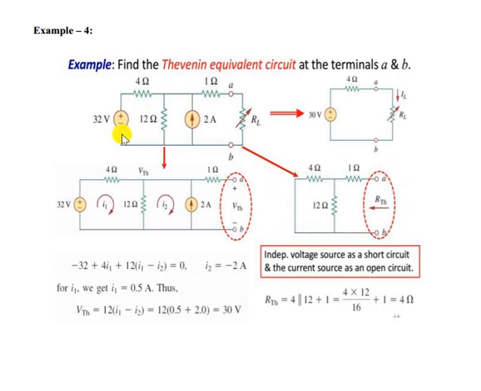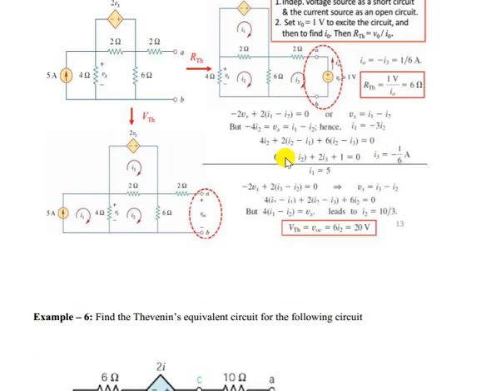What is the circuit? Short circuiting the voltage source, open circuiting the current source. If you look here, 4 ohm and 12 ohm are in parallel, because current divides here, and that is in series with the 1 ohm resistor. So 4 ohm parallel with 12, plus 1. So we got this RTH. Now we can draw the equivalent circuit, that is 30 volt VTH, RTH 4 ohm, and RL is connected with that. RL value is not given, so this is the equivalent circuit.